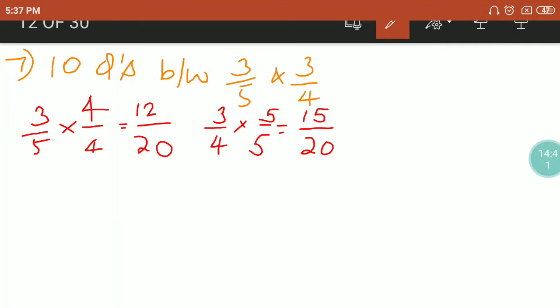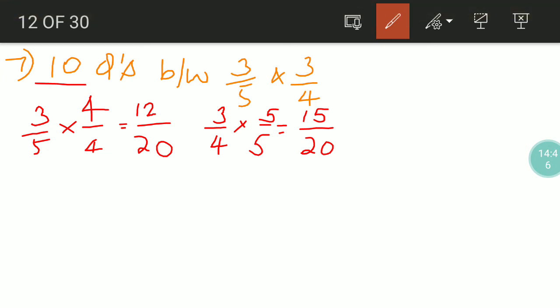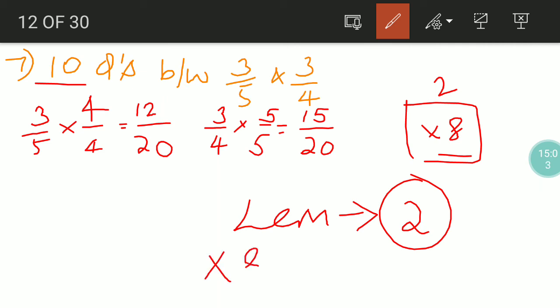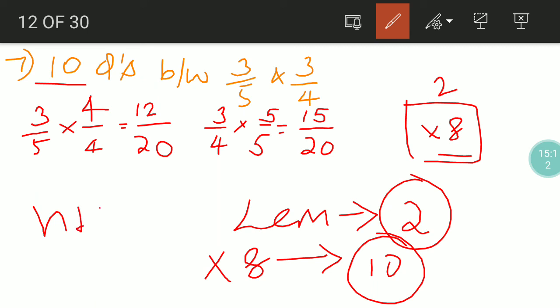So you can see that between 12 and 15, how many rationals are there? 13, 14. So only 2 are there, but we have to find 10. So now only 2 we have, means if I multiply with 8, I will surely get some 10, right? So when I made the LCM only equal, that time I had two rational numbers between. Now when I multiply those with 8, then I will surely get 10 rational numbers between them. Yeah. So instead of doing n plus 1, because n plus 1 gives a big number, that is 11, we have to multiply each and everything with 11, means it's just time waste. So we can multiply with 8 also. So let's do.